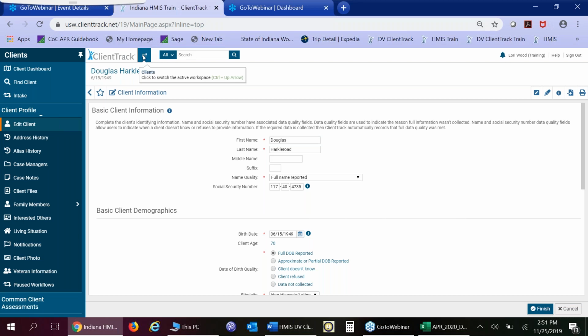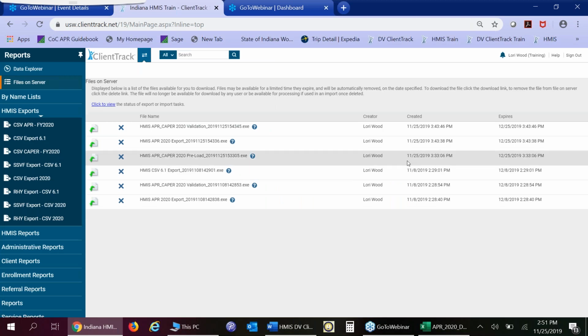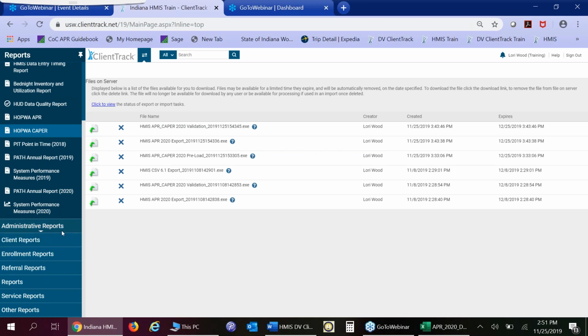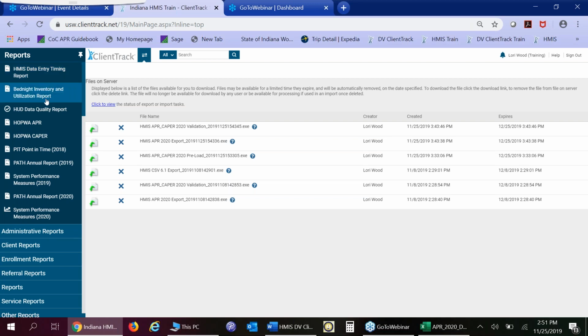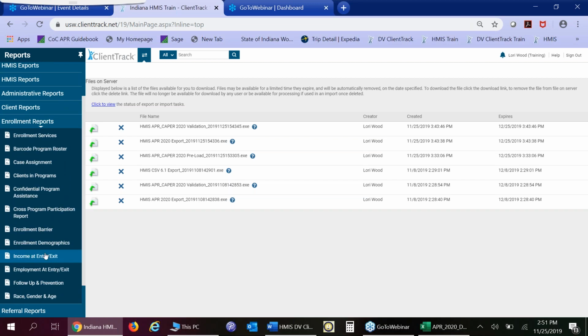Now I'm going to move back to the Reports Workspace, and we'll look at a couple other features. This is where you would find these different reports. And then under Client Reports, you can pull a current client list, demographics, goals, barriers, and then enrollment reports,